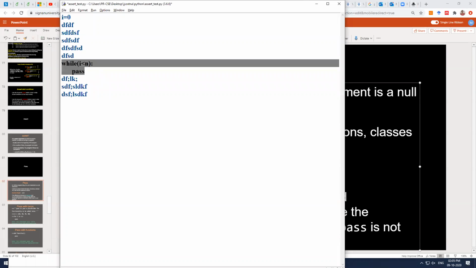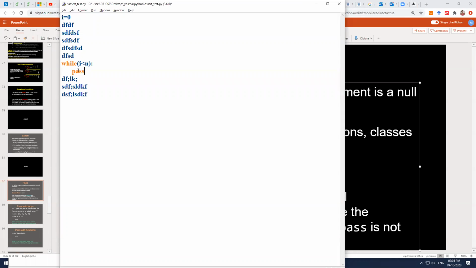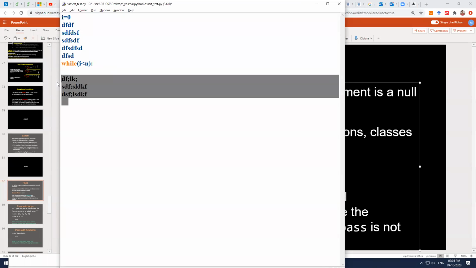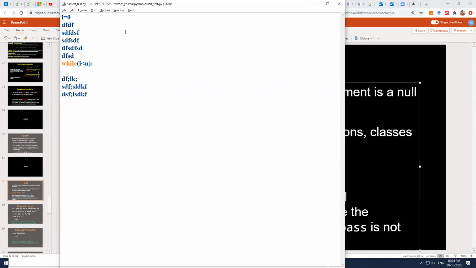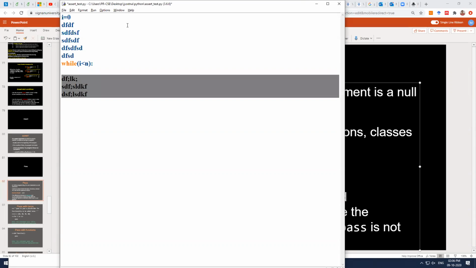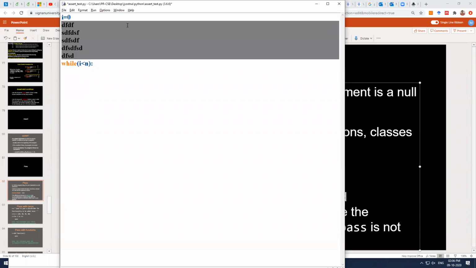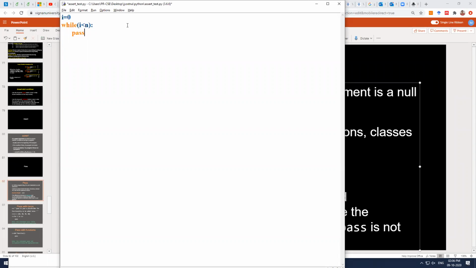So is it possible to execute your code? With this kind of statements, if you leave this while part, can you execute this code in C, C++ or Java, when these are all valid statements, and without writing anything in the while loop, you want to complete it and execute the code? That is not possible in C, C++ or Java, but Python allows you to do that. So let's see how it does this.